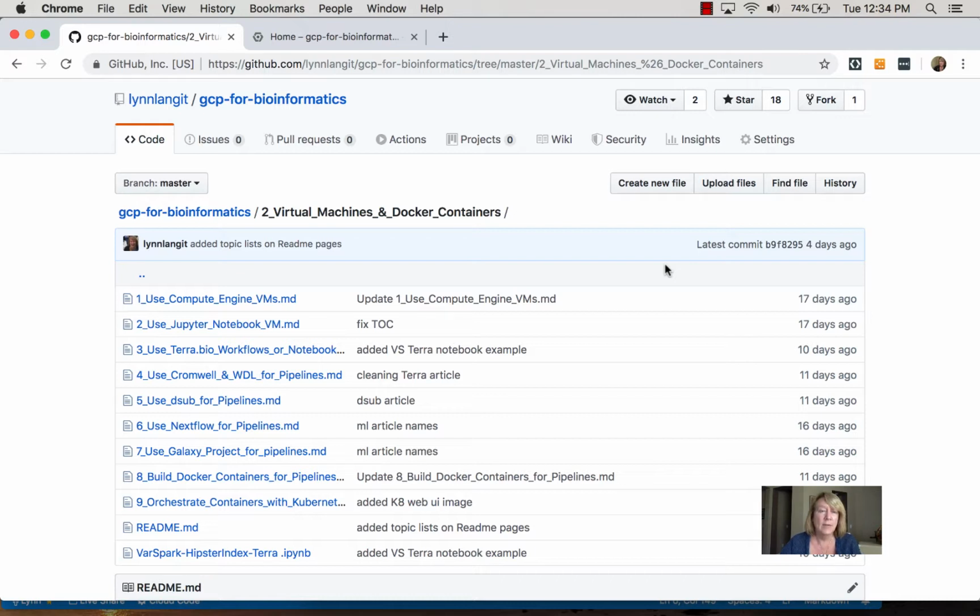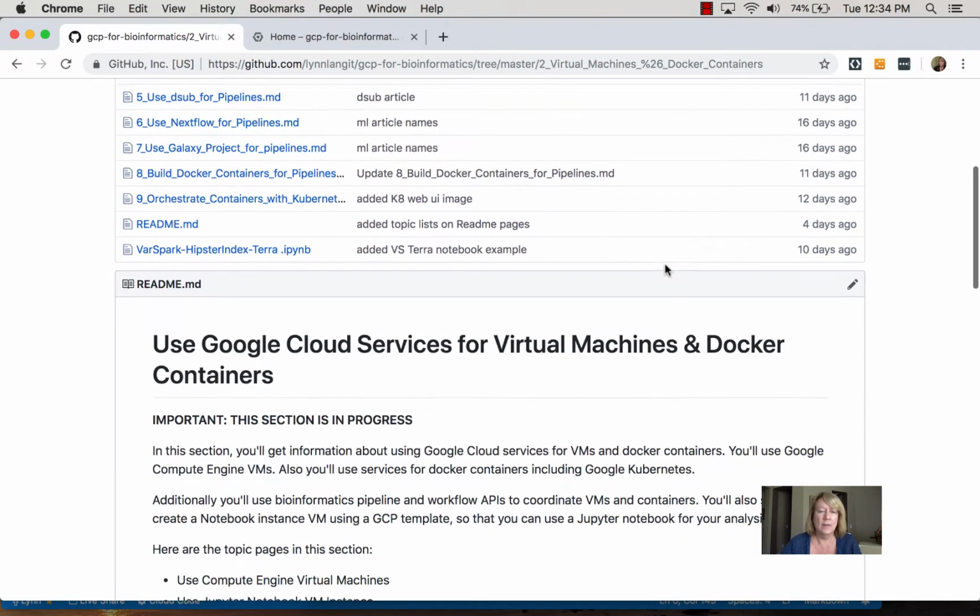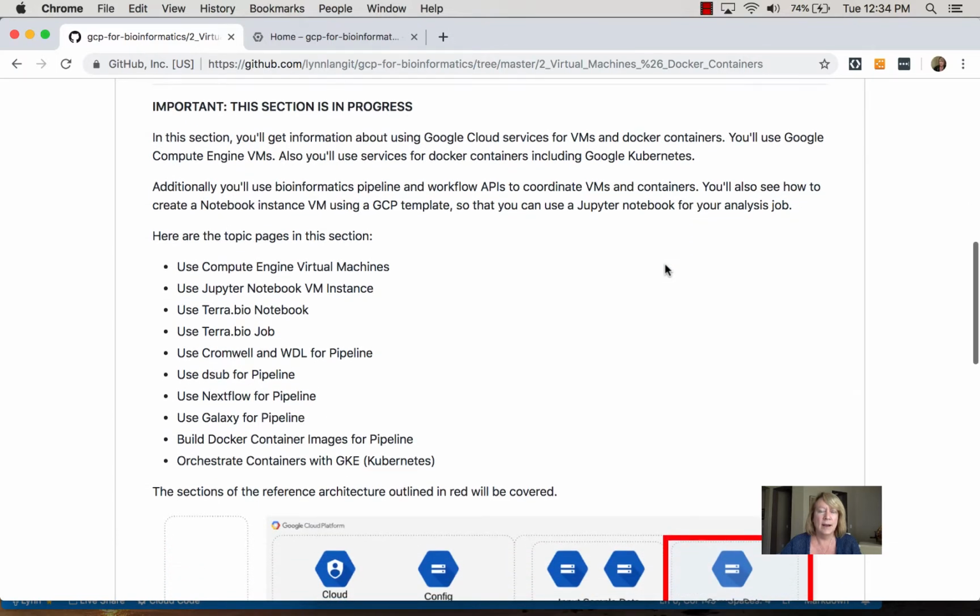So this is probably one of the most complex parts of this repository. So I've tried to create a couple of maps through this content. First of all, you can see that I'm still working on this section as of this recording. It's in progress. And here are the topics that are included. There are a number of topics, starting with what I call raw virtual machines or Compute Engine, all the way up to sophisticated tools like the Broad's Terra.bio application, where you can run both Jupyter notebooks and/or jobs